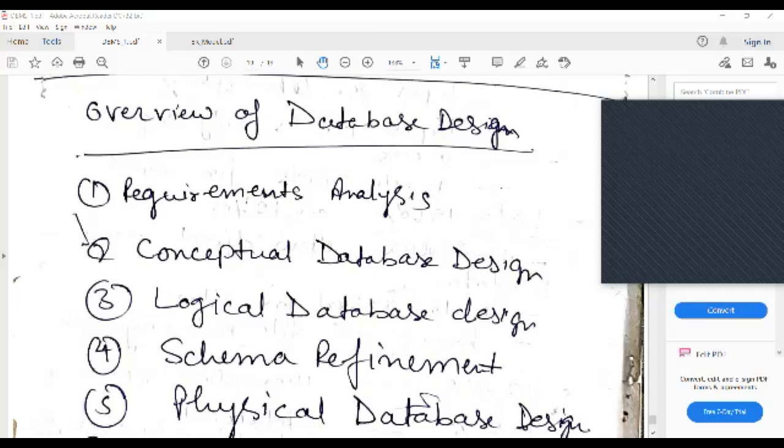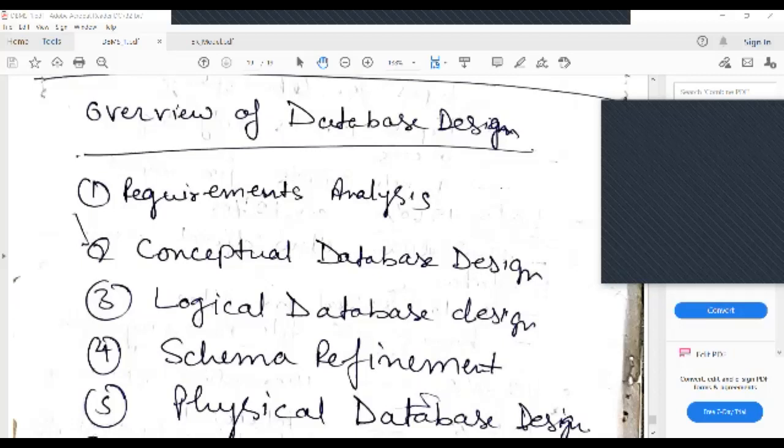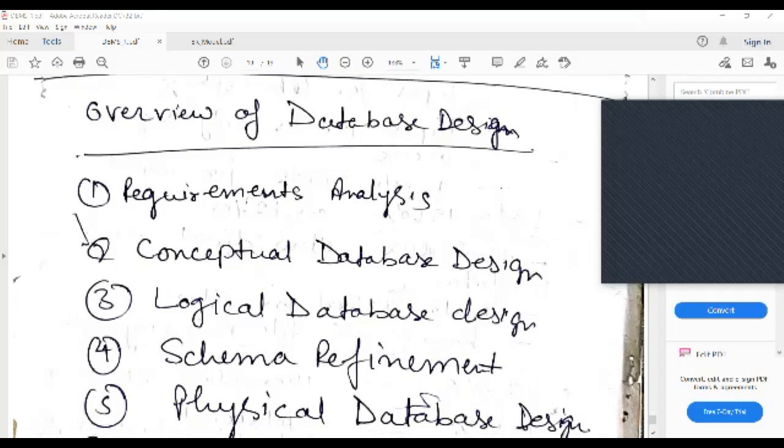Because as I told you, you cannot implement this ER model directly. You need to convert that ER model to the corresponding implementation model. That implementation model is just like your relational model. It means here comes the role of conversion of the ER diagram to the table. Then at the fourth step, you can refine whatever schema, whatever structure you understood from the time of the requirement analysis to the conceptual database design. You can do the schema refinement. This is known as the normalization part.